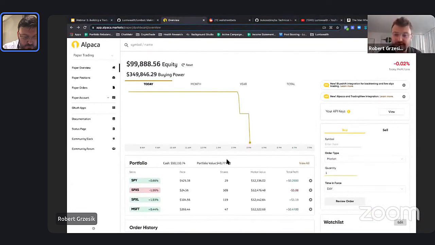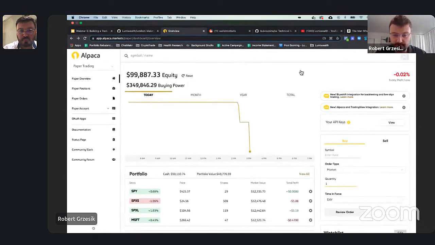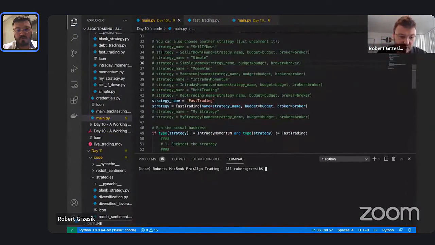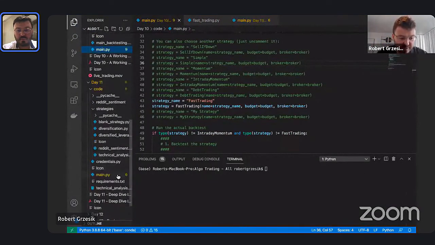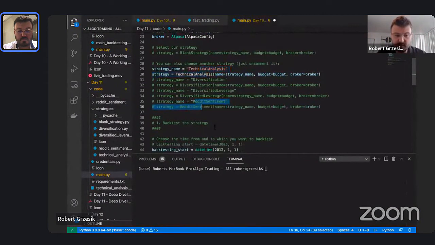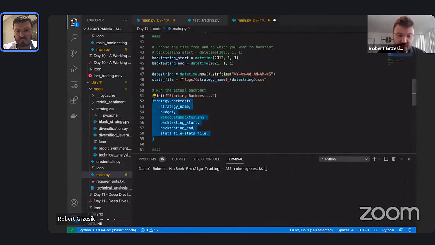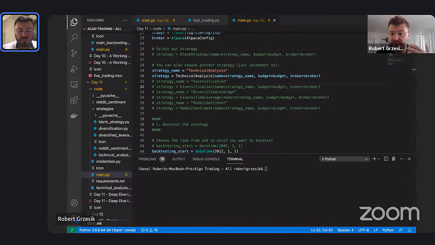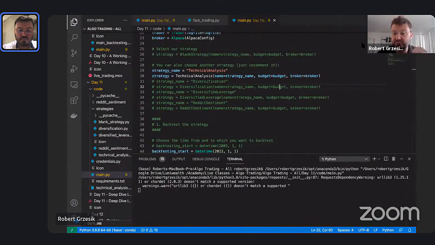Use any kind of technical analysis you want or any kind of criteria that you want to do this sort of trading. This is something that'll be throughout the day, intraday, quickly getting in and out of things. All right, so that's a fast trading strategy. Let's show you our technical analysis strategy, because we could basically take what we did in the last one and apply this sort of stuff for technical analysis.